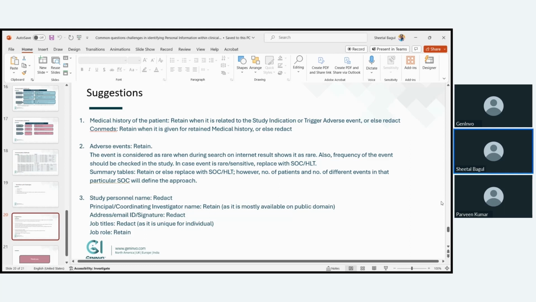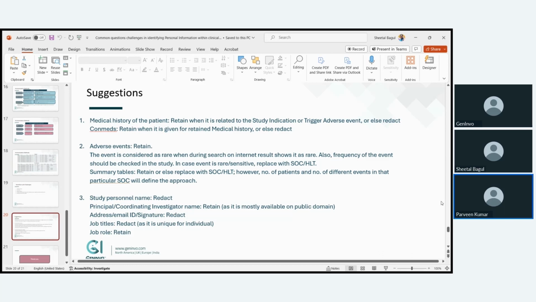Just keeping this as a medical writer, so with that no one can identify the person if other details of the person are redacted. Okay. Yep, I think, and I have also seen a kind of